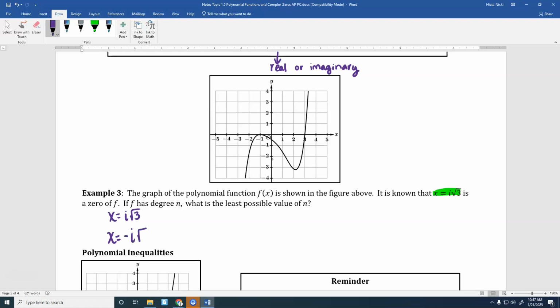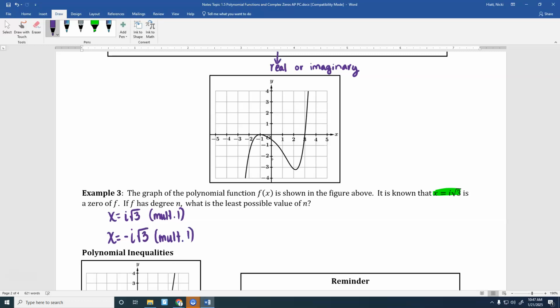Negative i square root of 3. There. So it would be negative i square root of 3 because even though they didn't say it, if you have one complex zero, you have to have the conjugate of that complex zero. So we've got two complex zeros, and they didn't tell us that the multiplicity was any different than 1. So we are going to assume that both of these have a multiplicity of 1